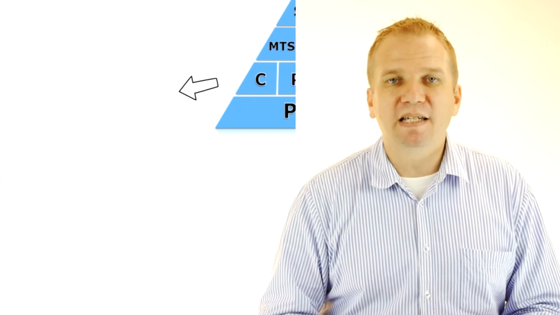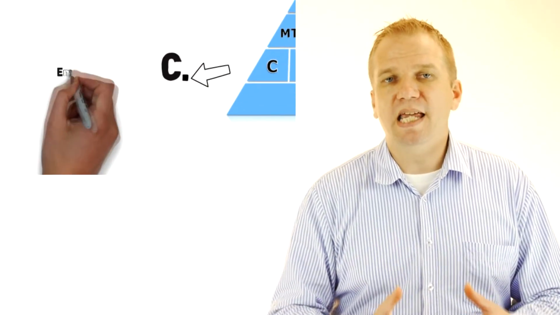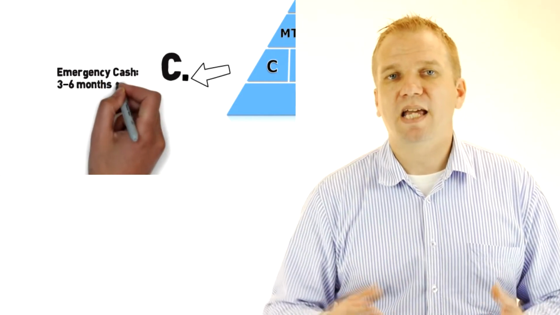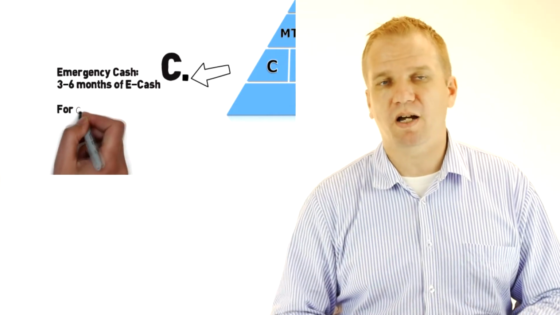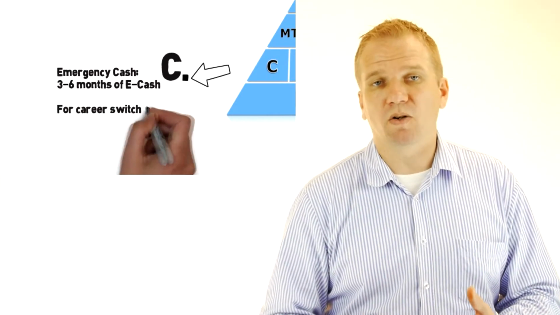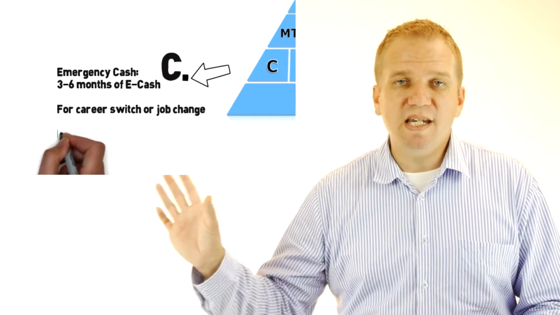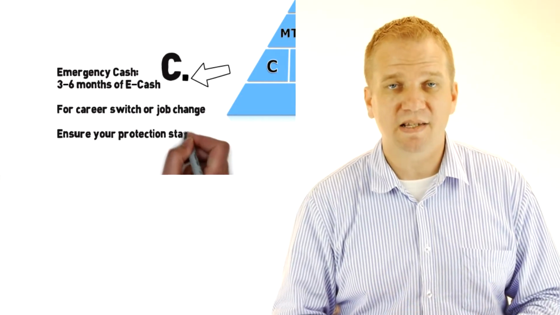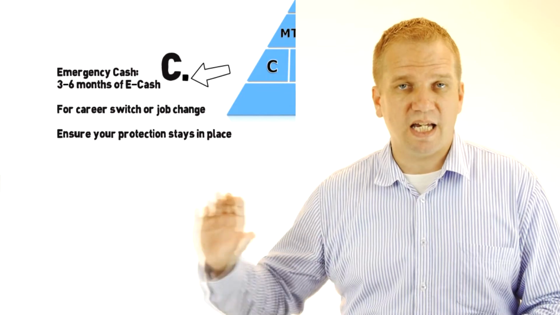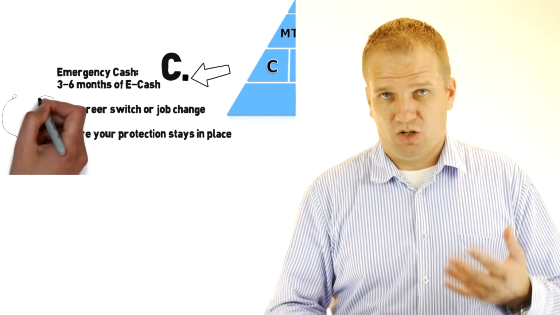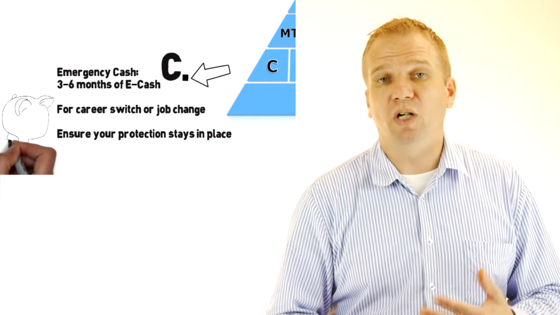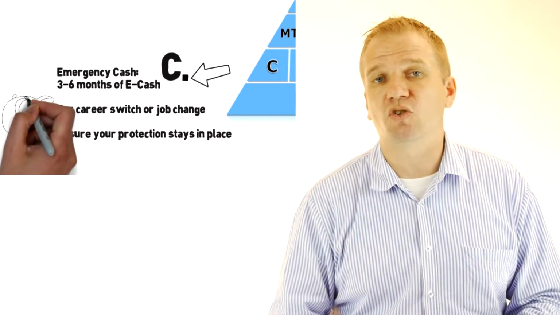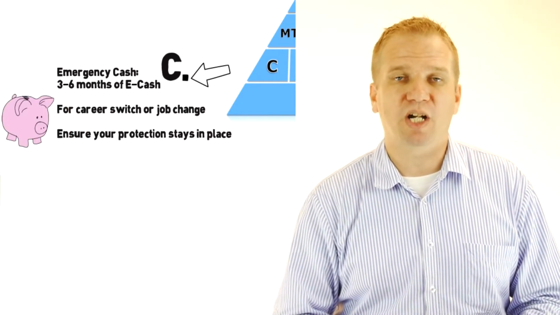I actually mandate from all of my clients that they carry 3 to 6 months of monthly living expenses in cash. That could be in a checking account, it can be in a savings account, or it can also be in a money market account. The reason why we would want to have 3 to 6 months of emergency cash on hand is, first of all, that you are still able to pay all of your bills during times when you are in between jobs, you are changing careers, etc. So during short-term times where there's a disruption in your monthly paycheck.